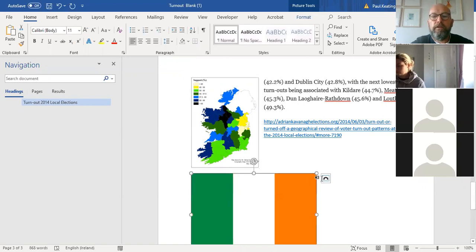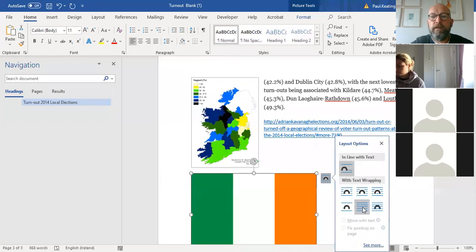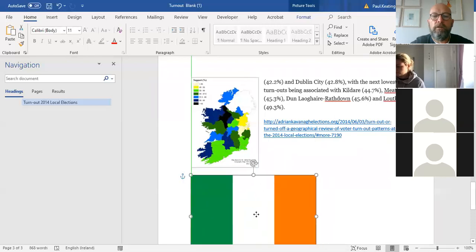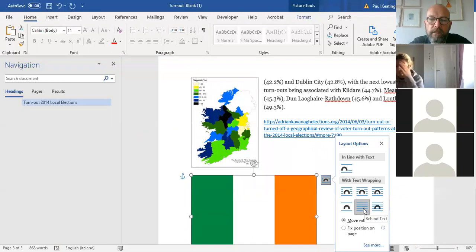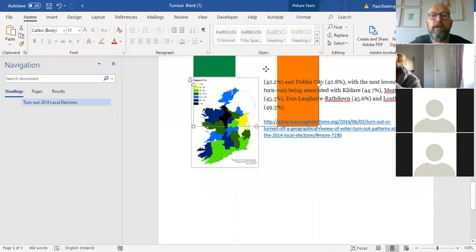The other thing that you can do is, there's another one here, on the bottom center. And what that does is it makes your picture a watermark. So it creates the background, it makes your picture the background to your text. Okay, so if you have it as a watermark, say the flag of Ireland as your watermark,